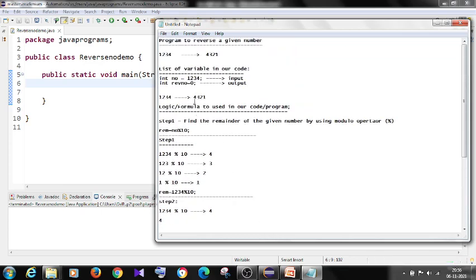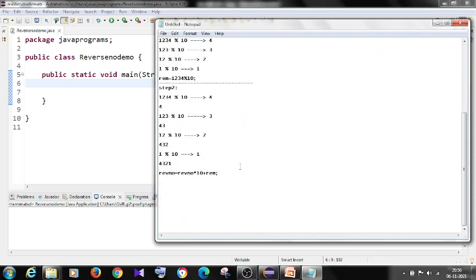I say rev number is equal to 0. So in the first step, the rev number will be 0 times 10 plus 4.